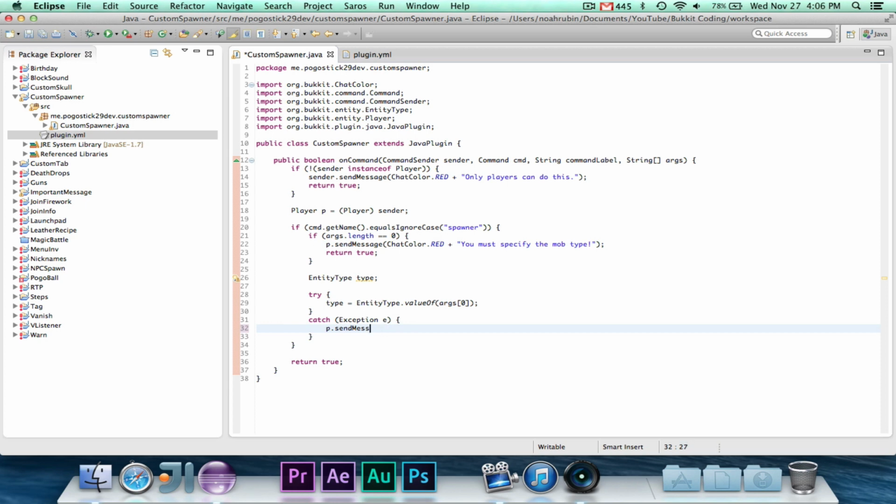p.sendMessage ChatColor.RED, and then we'll say that is not valid input. And basically what we're doing here is EntityType is an enumerator or something of that sort, and basically we're trying to get the entity type by what they give. So if they type in spider, and I forgot we need to uppercase, if they type in like spider, then it should return the entity type of spider. But if they type something that's not an entity type, then it will throw an exception, and we need to catch it so that we can tell them that it didn't work,